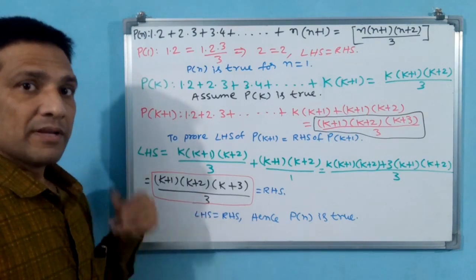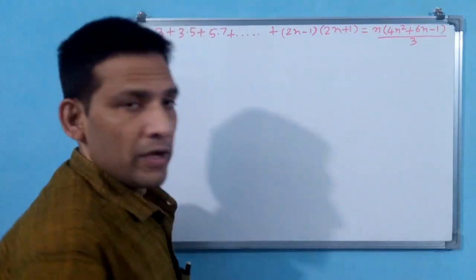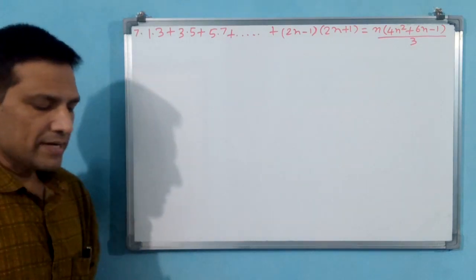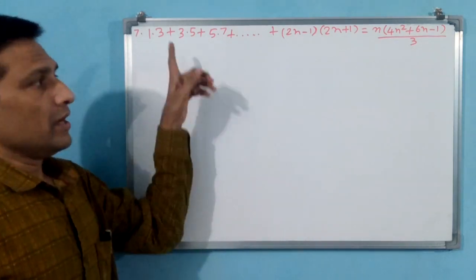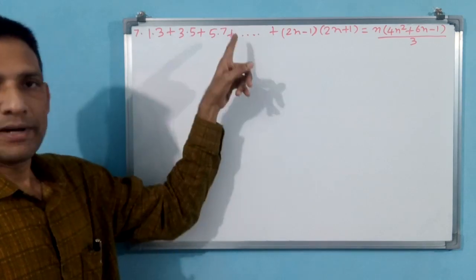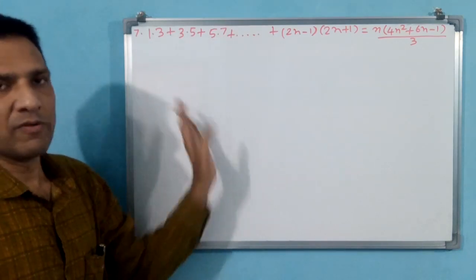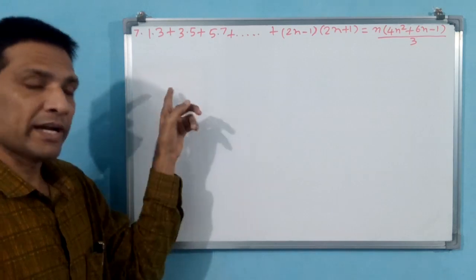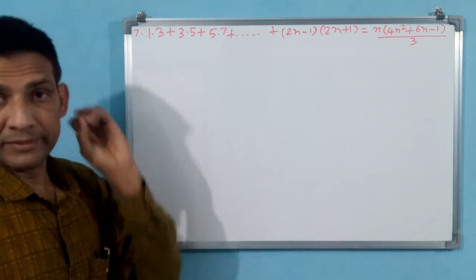Let us go for the 7th question. Okay, see the 7th question, what they have written. See, small n belongs to capital N, they have given in the question itself. I have not written that. First step is over for us. But if you want to write again, you can write. There is no harm.